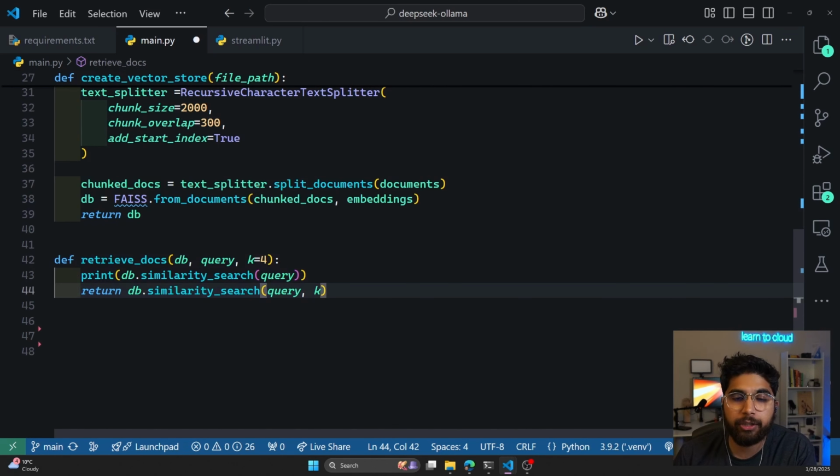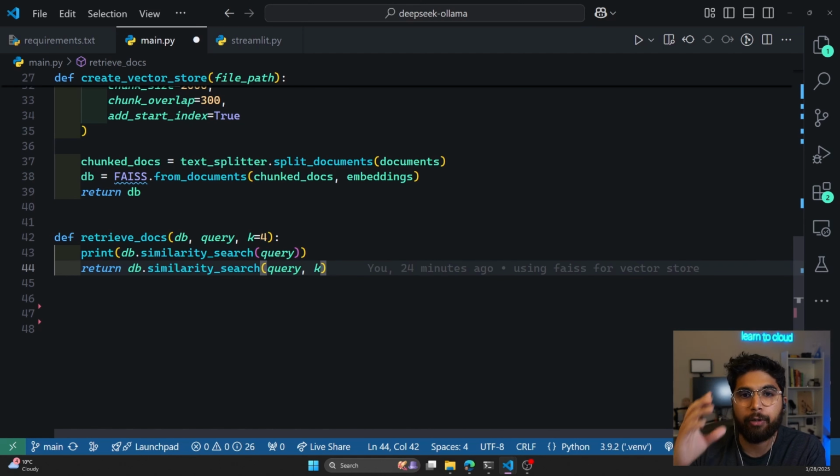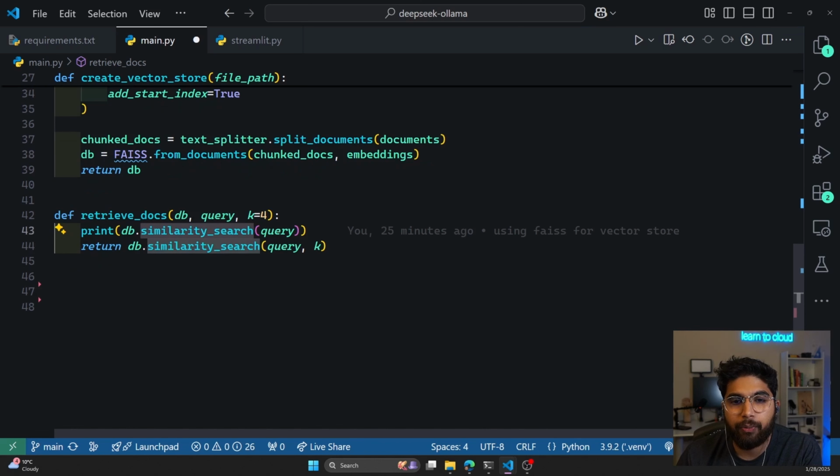Now, the next function will be used to retrieve the relevant docs. Let's say the PDF is about something related to NVIDIA, and I want to know how much NVIDIA stock was 3 years ago. So the key phrases are NVIDIA stock 3 years ago, right? To get that relevant data from the vector store that we created from the PDF, we can do what is called a similarity search. What a similarity search will do is it basically will take my query and return